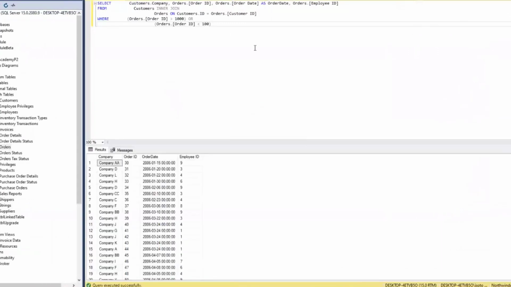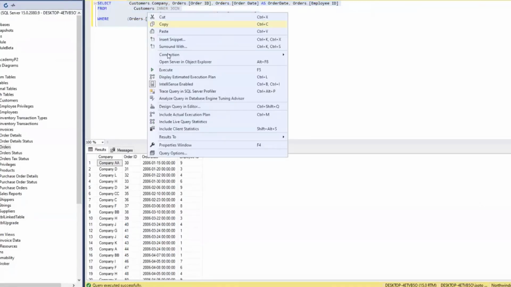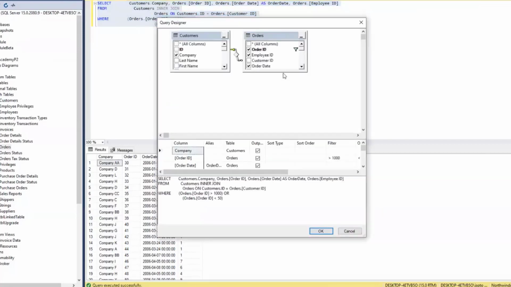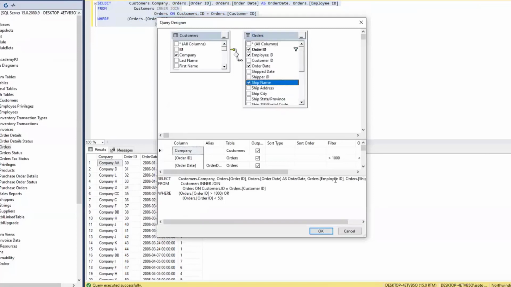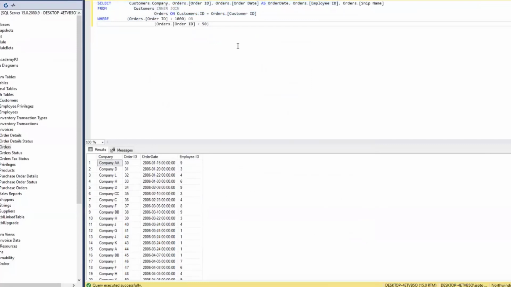Now, if you make a change here, I'm going to show you how to go back into the QBE again. So I'm going to say, you know what? I want this to be less than 50. But for example, you may want to add a third table and a fourth table, and that's pretty hard if you don't know T-SQL. So I always recommend when you first start out to select the query itself, right-click, I believe, right here, click on the query designer, and then make your change, like ship name. I'm going to add ship name, and then I'm going to click on OK, and now it returns it back to